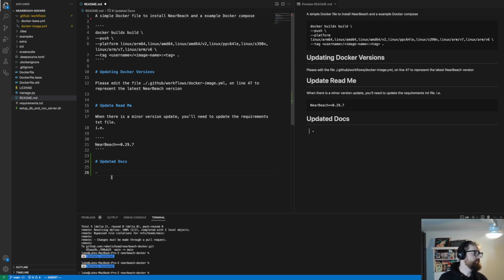So what we want to update with the docs is the current setup of Docker. And then from there, what we want is NearBeach.base. What is it for? We also want how to...